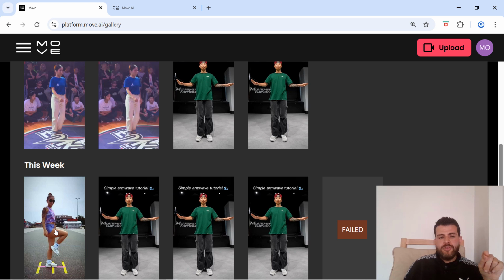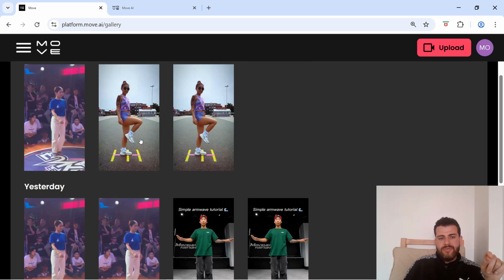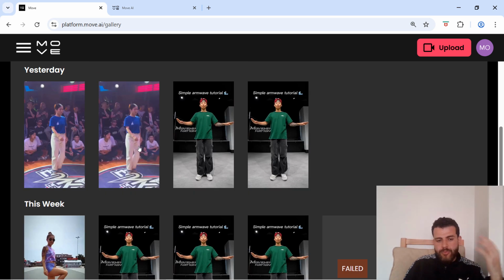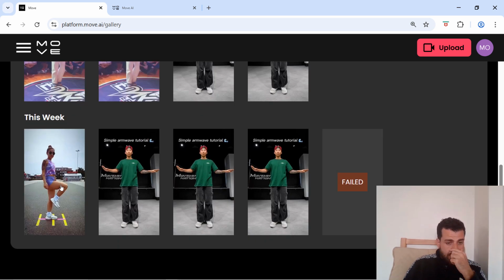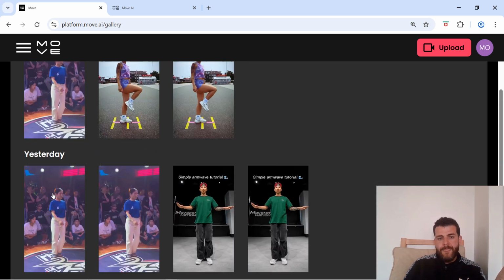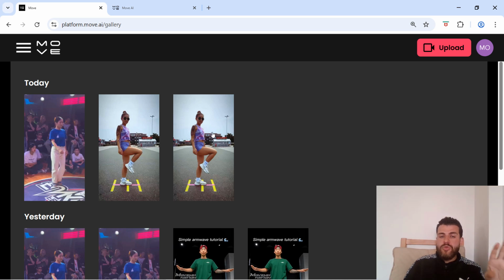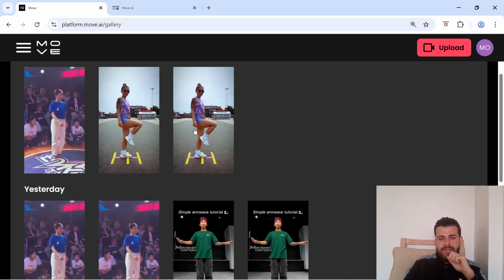As you can see here, I have three versions. This one that I uploaded earlier was using Gen 2, second generation model, low resolution video. Okay, this one using the second generation high res video. Okay, and this first generation, first generation again high res. So what I wanted to show you here is